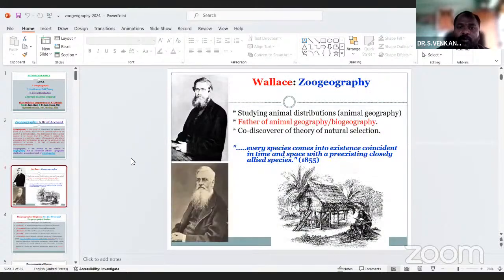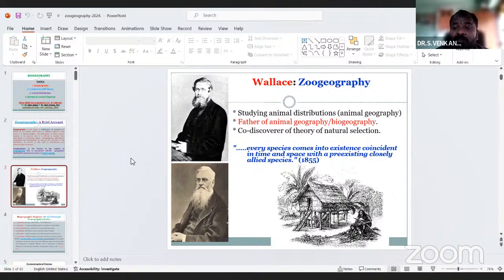Wallace is the most eminent scientist of zoological and geographical environments. Wallace studied animal distribution, and is the father of animal geography, the co-discoverer of natural selection.